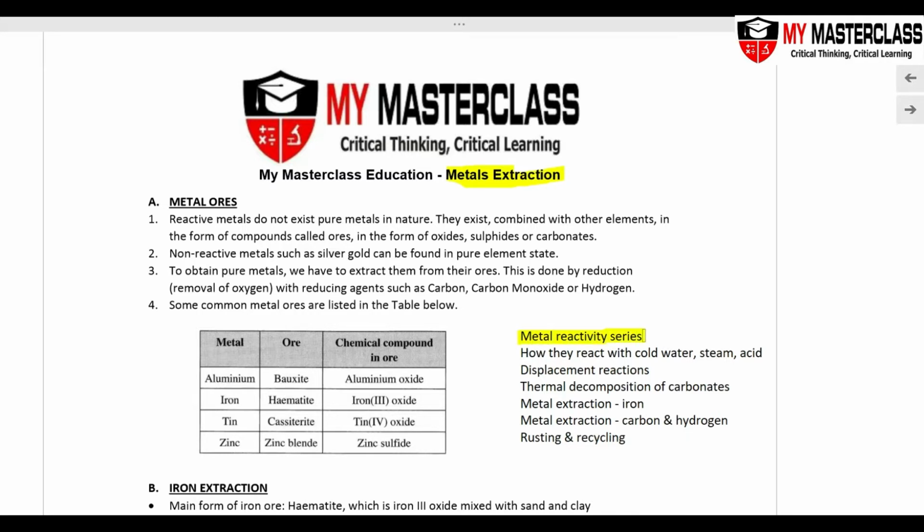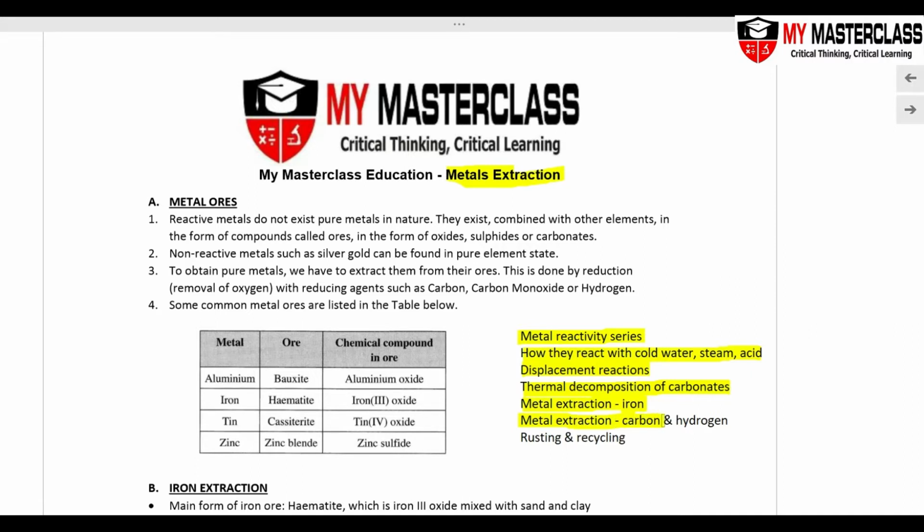rank the metals according to their reactivity, how these reactive metals react with cold water, steam and acid, how displacement reactions occur, what observations we have to write in displacement reactions, the thermal decomposition of metal carbonates, and then we will be looking in this video at metal extraction, in particular iron, as well as other metal